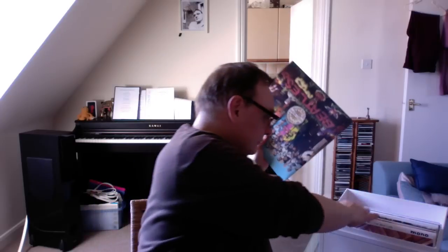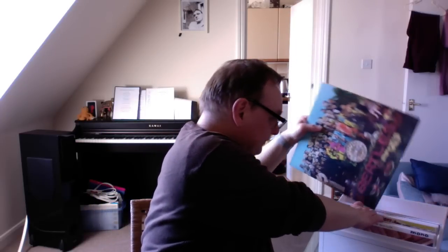Sergeant Pepper, I've got an original mono of that as well, and that plays absolutely brilliantly, but I'll probably play this one and keep my original in good condition, or in the condition that it's in. There was nothing inherently wrong with most of the mono pressings of these albums. It's just that they're so knackered now that